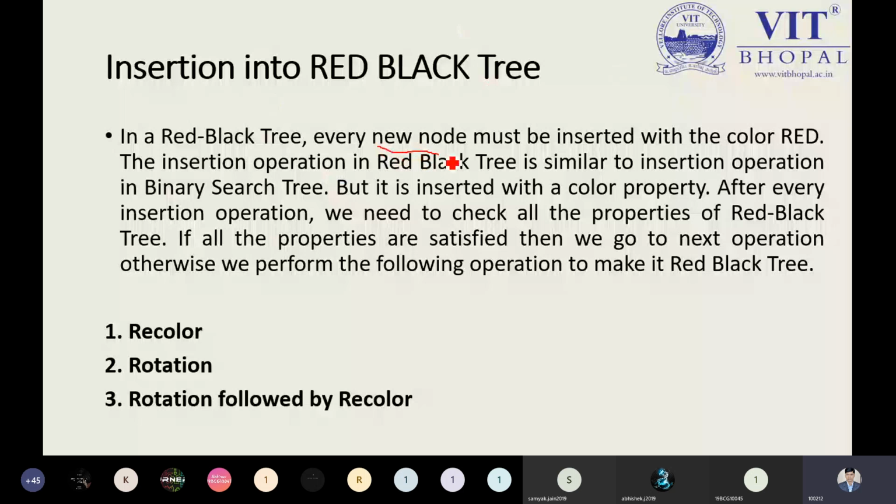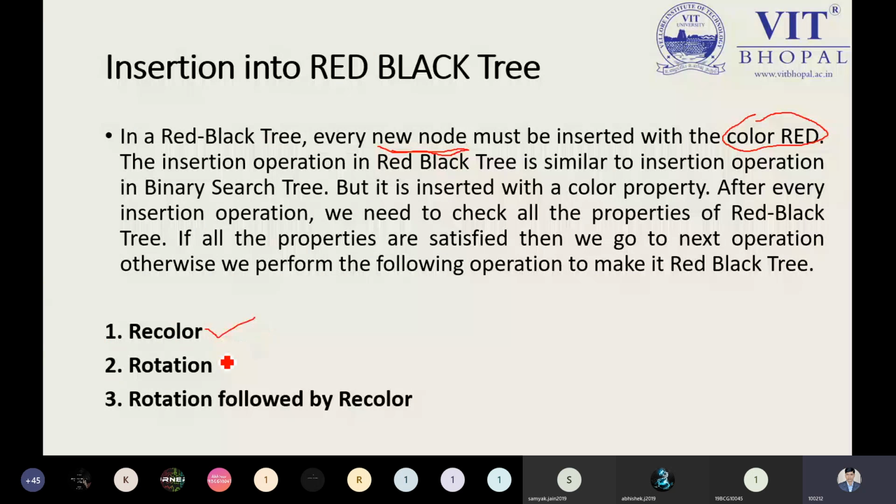Okay, if you try to insert a new node, it must be colorized red. While inserting a new node into a red black tree, please keep in mind the node must be colorized red. And while performing operations like insertion and deletion, we need to keep in mind